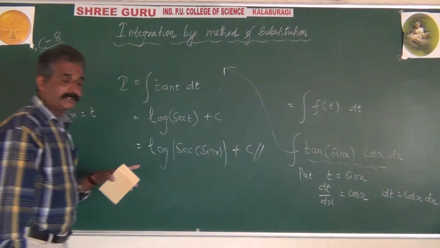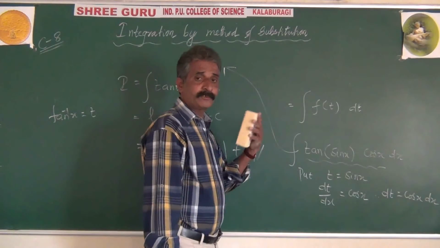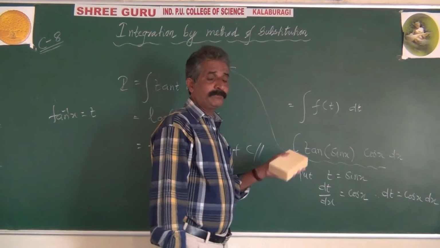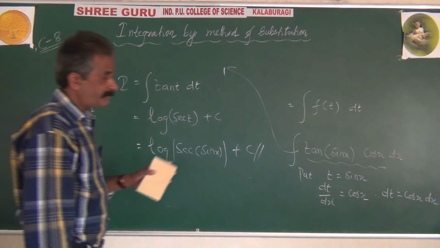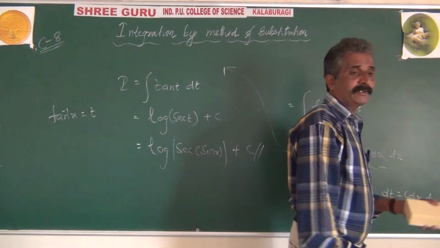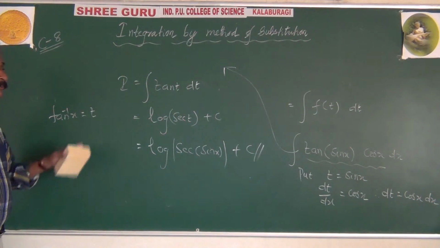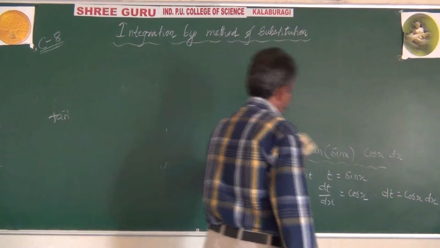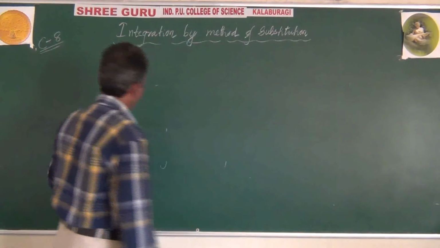That's why you must take a suitable substitution for the appropriate function in terms of a new variable, and there should be a presence of its derivative. Then differentiate, change the full problem in terms of the new variable t or theta, then apply earlier methods of integration, get the answer of the integration, and lastly replace back the value of t or theta. You can write all these points if you wish.